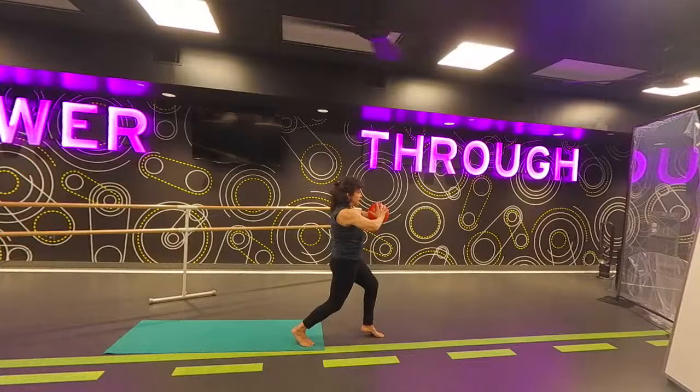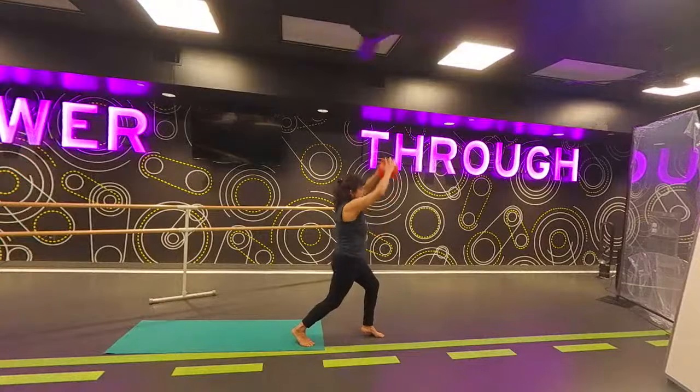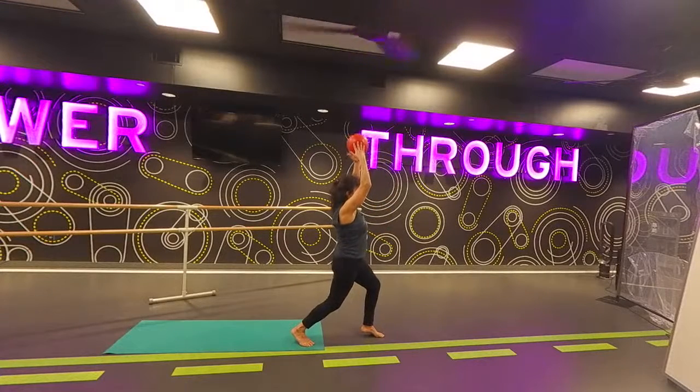Grip your glutes, tuck under. You're going to do little pulses. Now you can keep your palms at your chest or maybe overhead. You want to lift your gaze up. Ten more, then we're going to plant our front foot down, and we're going to bring our back toes to